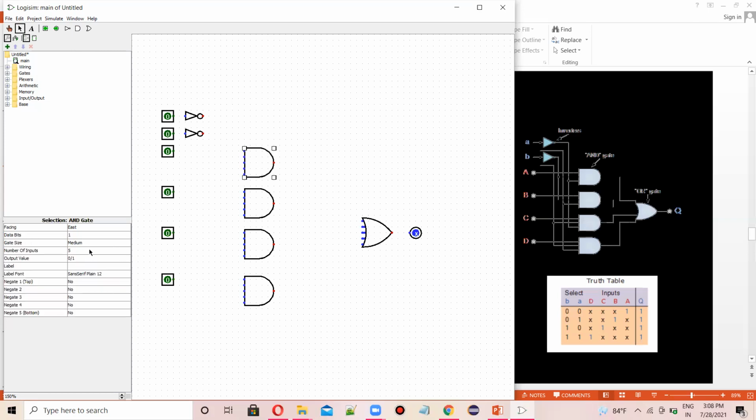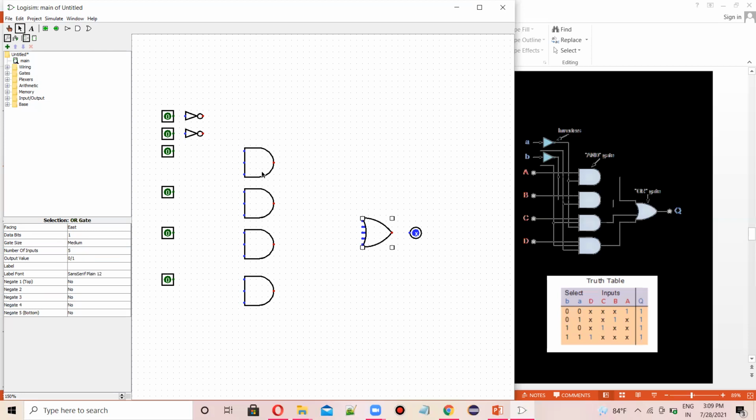Let's make it 3, because 2 terminals are for the selector and 1 terminal for the main input. So let's make it 3. Here also let's make it 3. Here also let's make it 3. Here also let's make it 3.